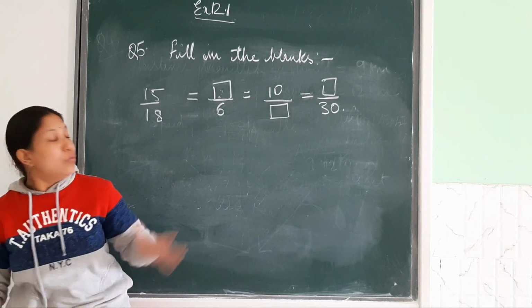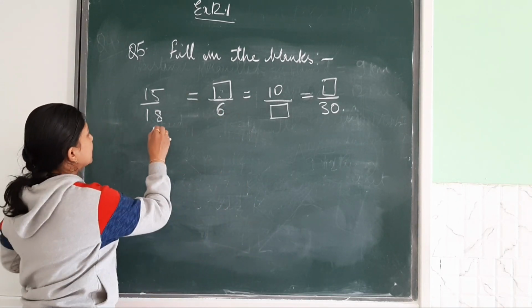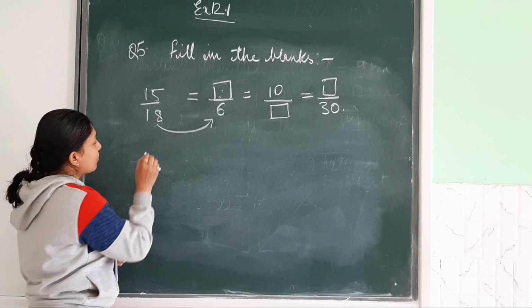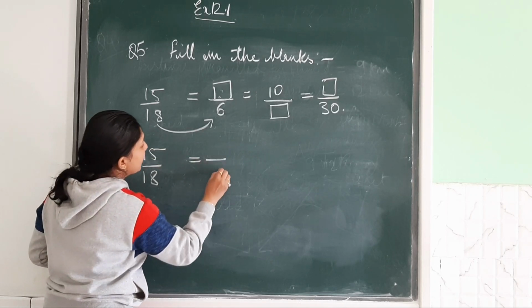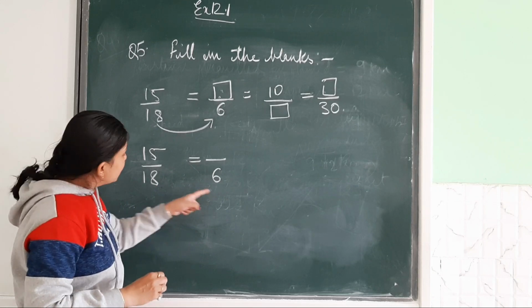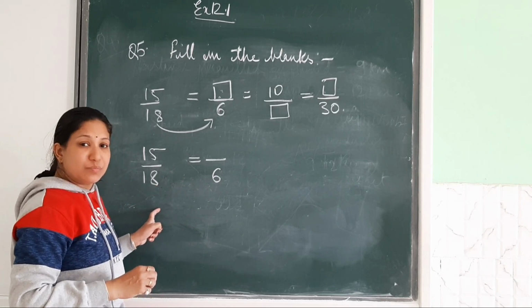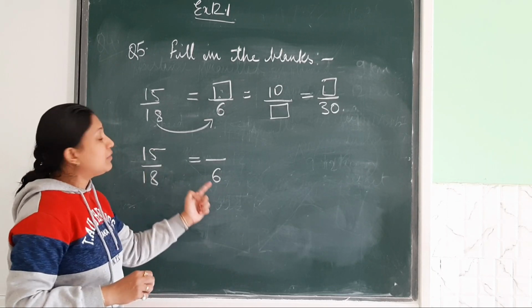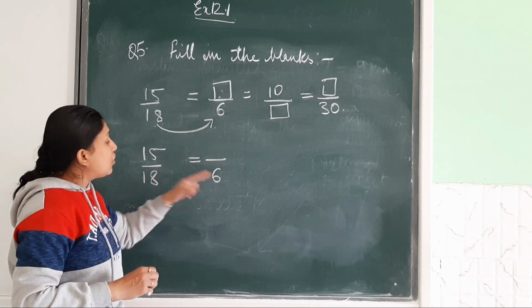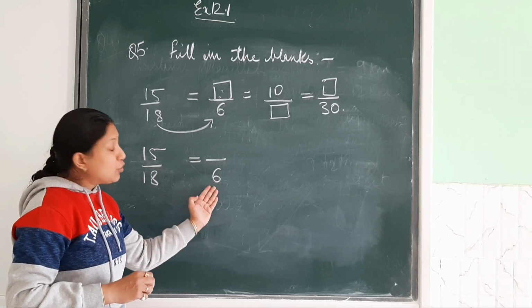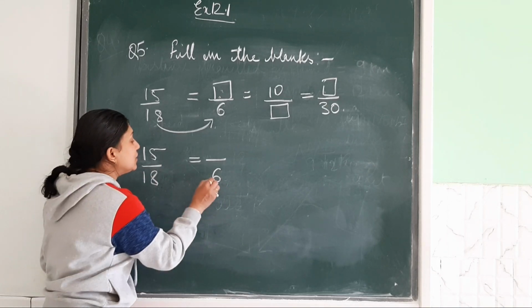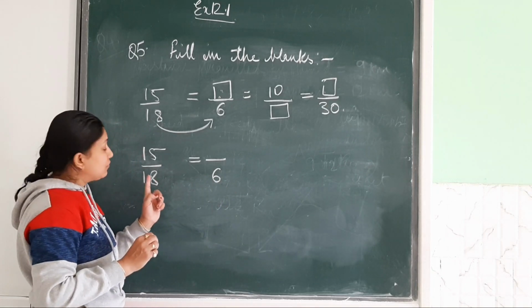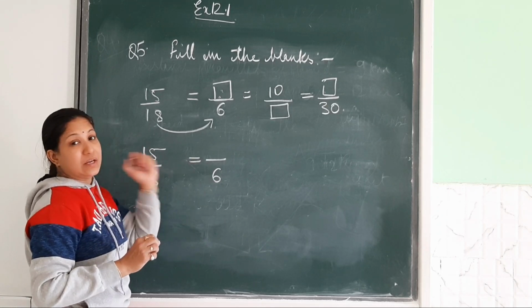Let's move. How will we solve this? First children, take these two. Write down here 15 upon 18. You compare this with 6. This type of question we have discussed before. In 18's table we will not get 6. That means it is not getting multiplied. And I told you when you come to the reverse form, backward, that means there is some number with which we divide and get the number.